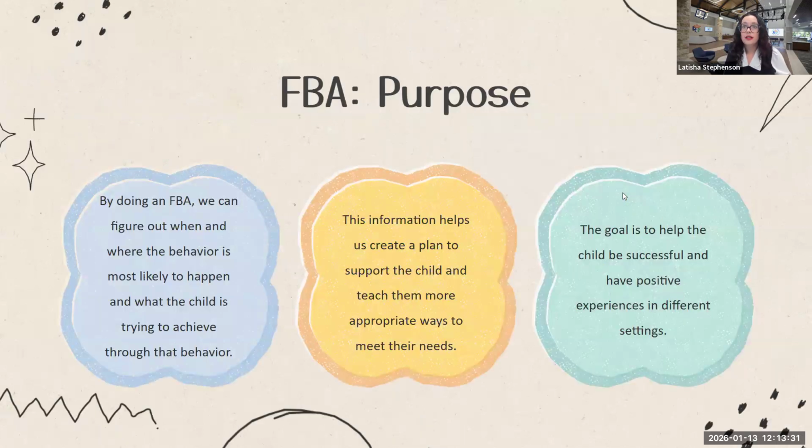All right. So the purpose of that FBA is, again, trying to figure out why that behavior is happening. And what are they trying to get or avoid when they are engaging in that behavior? My favorite example of this happens a lot with our younger kiddos who are really struggling with reading. I have had so many students who would leave the classroom or act out in the classroom to avoid reading in front of their peers. And this is often because they're struggling with reading.